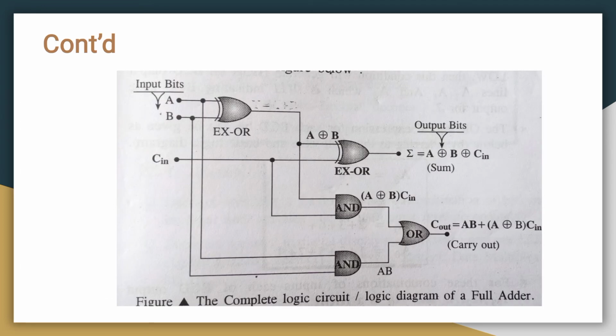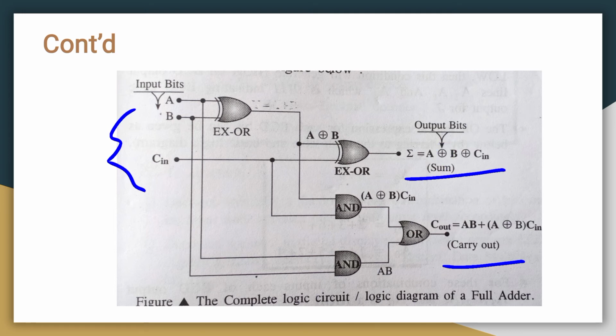So this is the complete implementation of a full adder, whatever we studied in the half adder, depending on the AND, OR and NOT gate implementation. So see here, this is the sum and this is the Cout. We are going to use three inputs A, B, C in. First you have to take the sum formula, that is A XOR B XOR C in. So we are directly going with the XOR operation, that is this mark, clear.